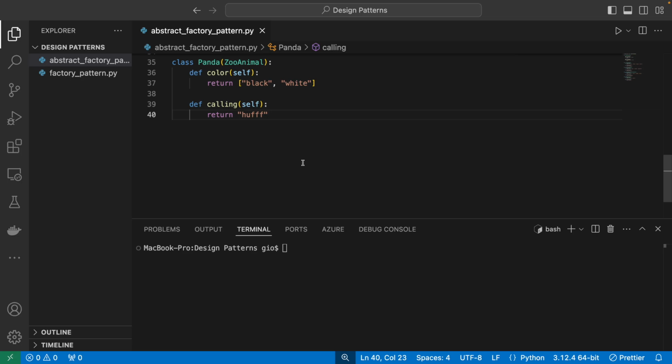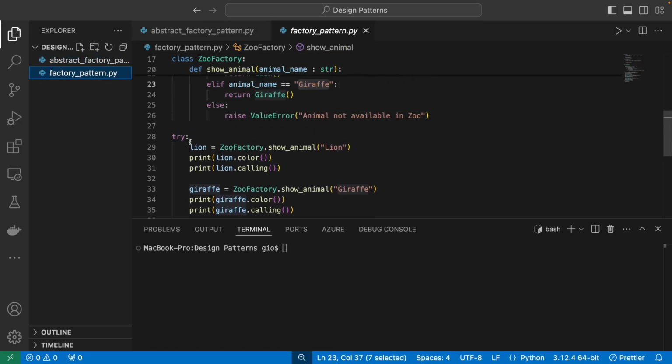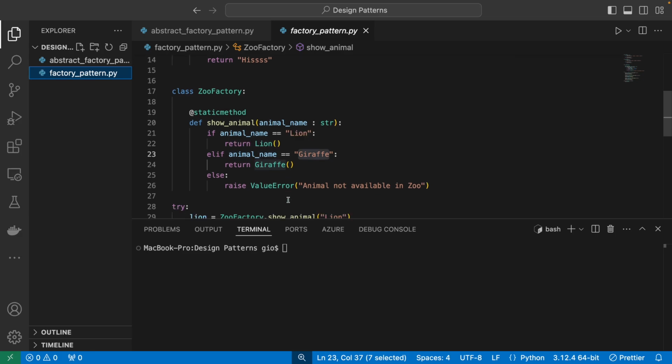Because before we were restricted to just lion and giraffe. If I go back to the factory pattern, you can see that you have to essentially create a branching system that says, okay, this is going to return an instance of a lion if it equals a lion, and this is going to return a giraffe if it equals a giraffe. But we're unable to add additional animals if we wanted to,